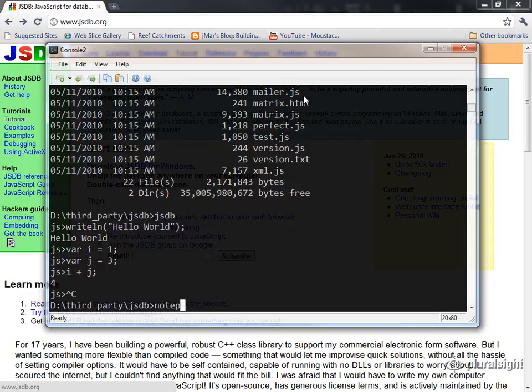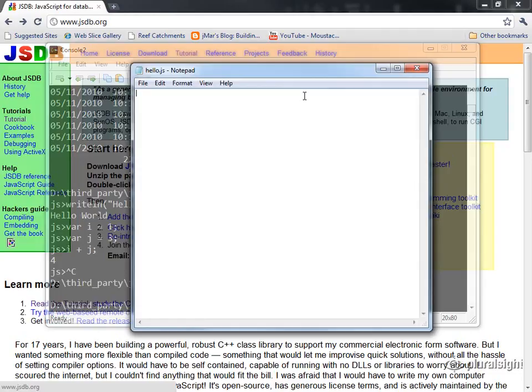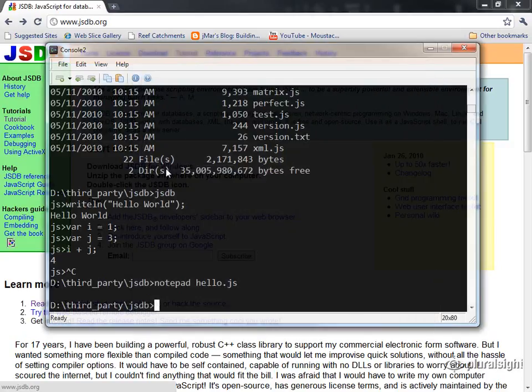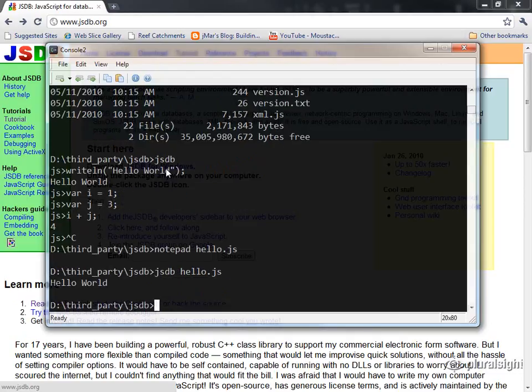I'll create a new script, hello.js. Populate it with the familiar hello world example. And close that file. And now I can execute that just by passing the file name as the first argument to JSDB. You can see I've got hello world printed once again.